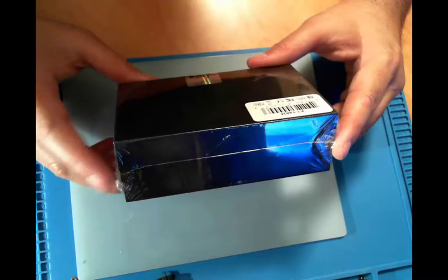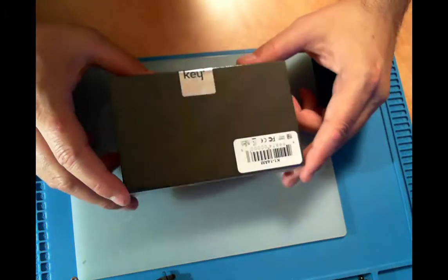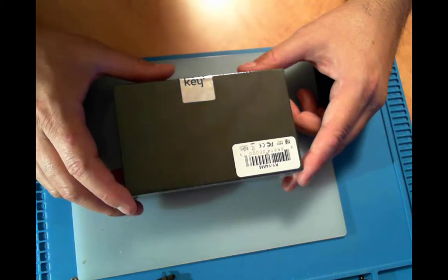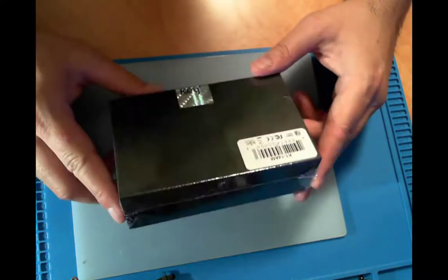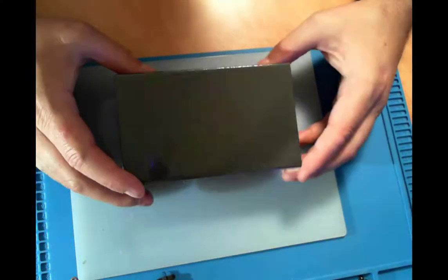So, initial impression: packaged extremely well. Obviously, it didn't come just like this. It showed up in a small brown box with bubble wrap around it, and I would say that it was very secure in packaging. But more importantly, it showed up in less than a week,